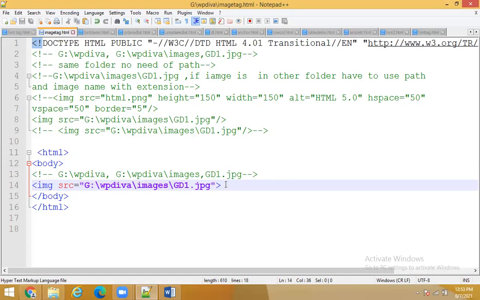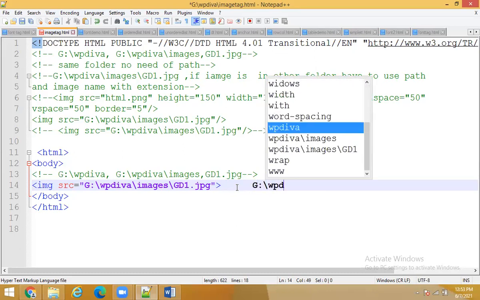Okay, for example, I will directly... where your program is stored. Tell me what is the location of this program. Who will tell? Where have I stored the image tag program? I have stored it in G://, WP division A. Now the image is also stored there. I have stored the code and the image here only. One image is there. Okay, what is that image?